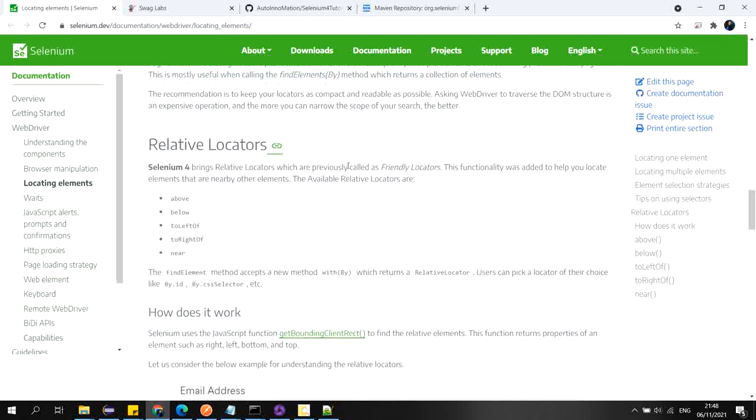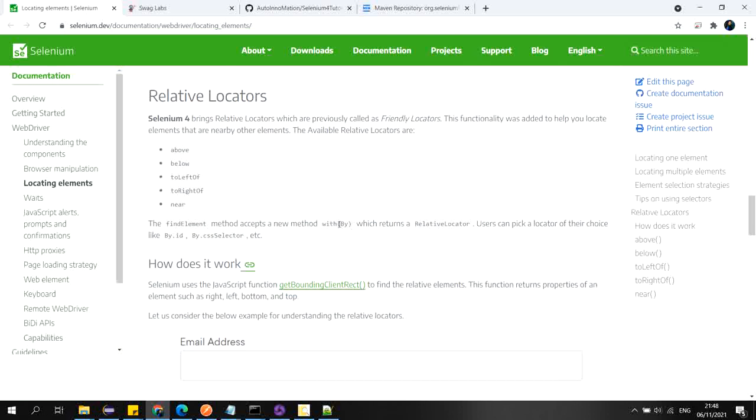To achieve this you have to use the with method. Selenium 4 introduced a method named with. The find element method now accepts a new method. The method name is with, and it accepts the parameter by. This method will return relative locators.